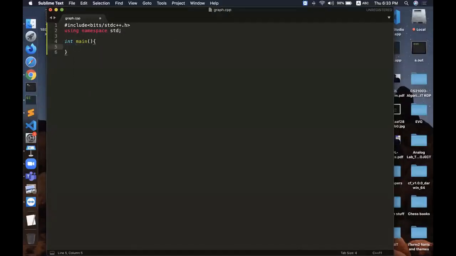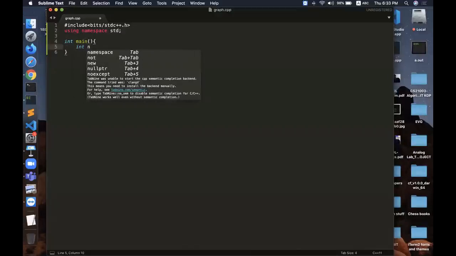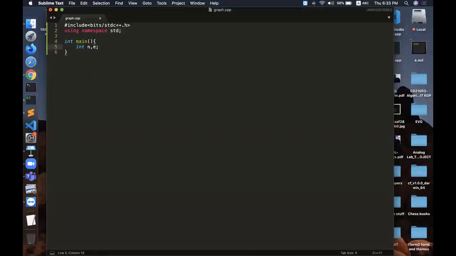Let us take n as the number of nodes and e as the number of edges.